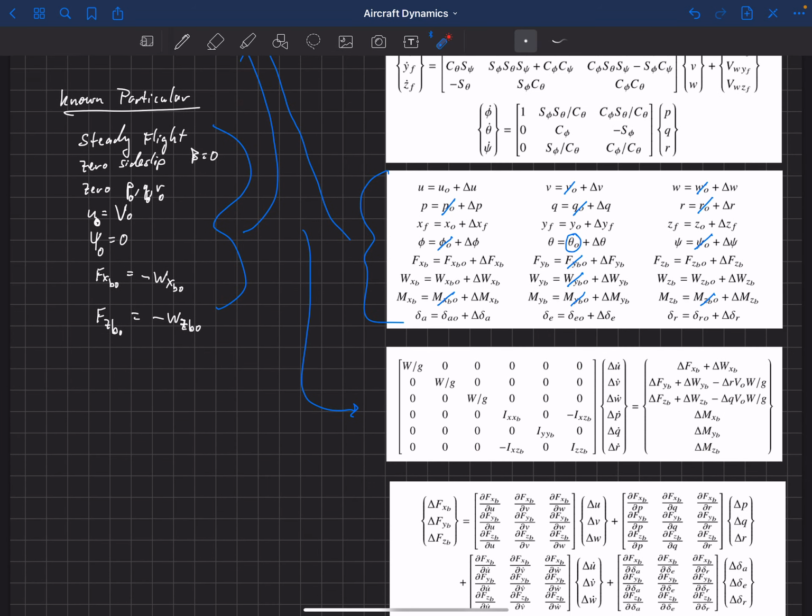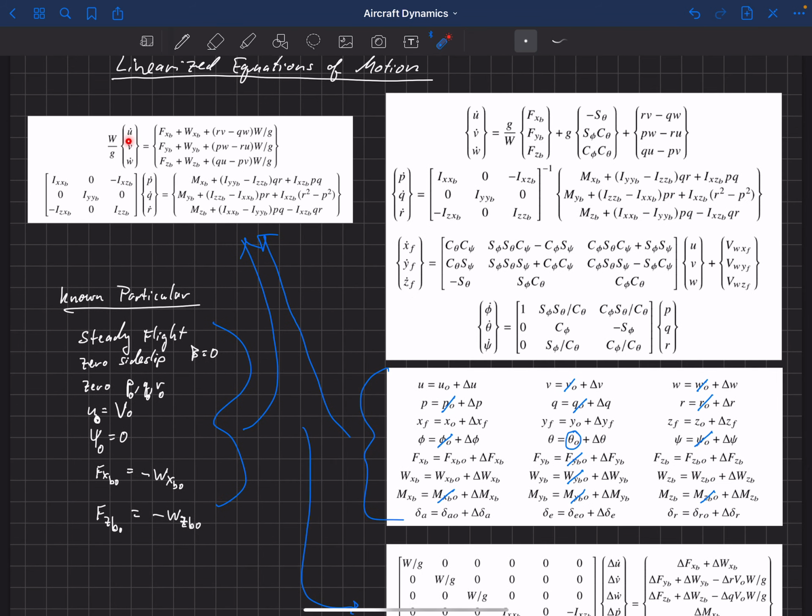Now notice that this vector here is our change in, or our disturbance. That's what this capital delta means. It's our disturbance value, right? So we've got our total value is equal to some nominal value, or the known solution value plus a disturbance from that. And so what we end up with here in this vector here, which was UVW PQR, once we